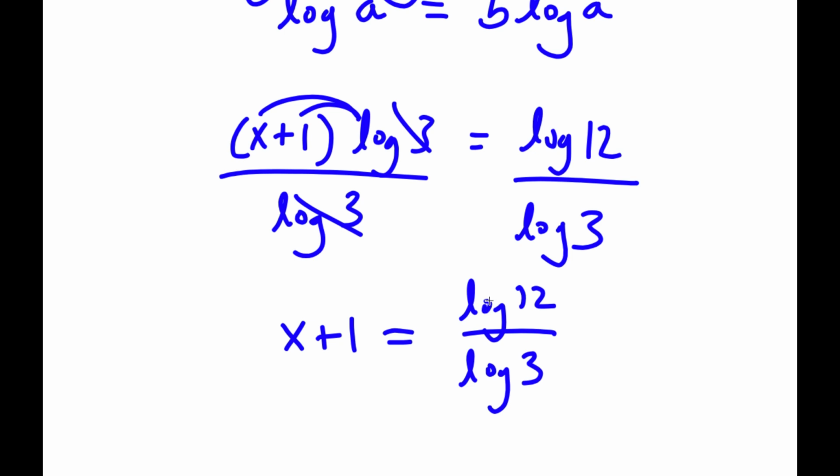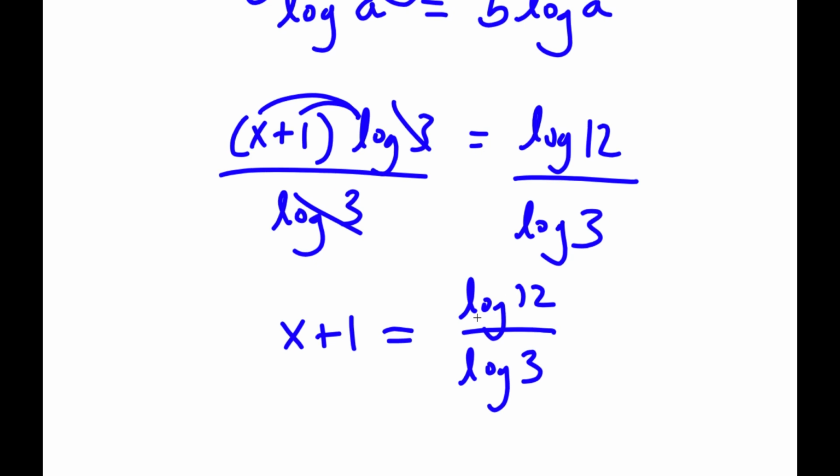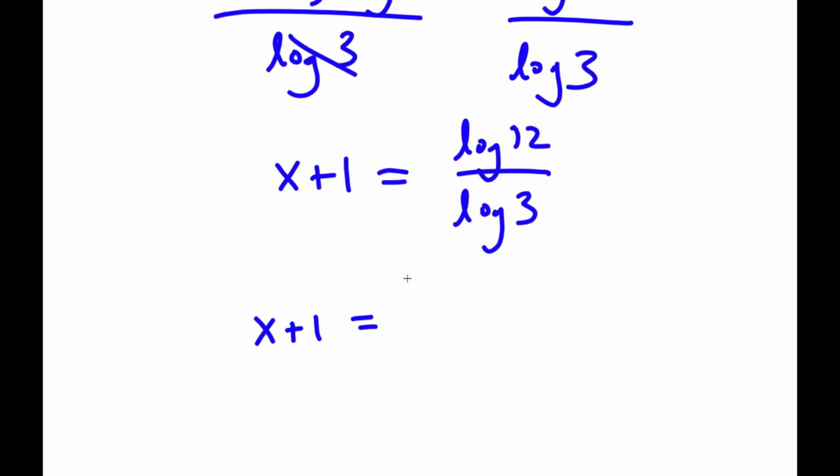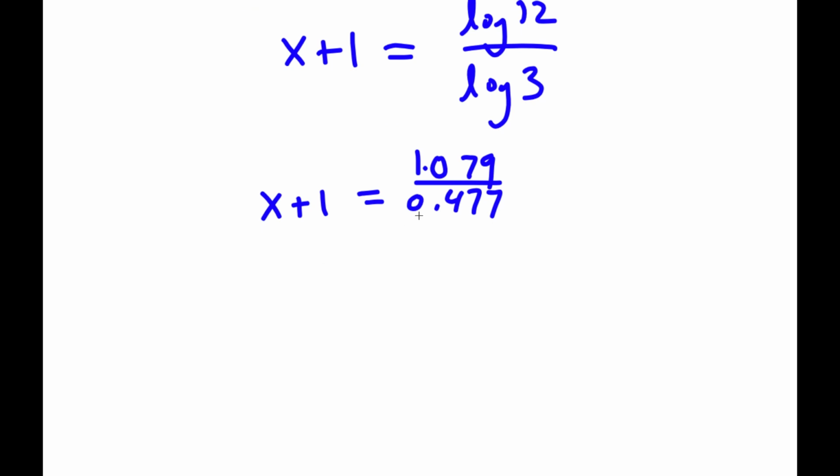So now I'm going to go ahead and find the value of log 12 over log 3. So log 12, you could just simply plug this into a calculator. The value of log 12 is approximately 1.079. And log 3, you could also put that into a calculator, that's going to be 0.477. So I have 1.079 over 0.477, and if I divide those two, I get